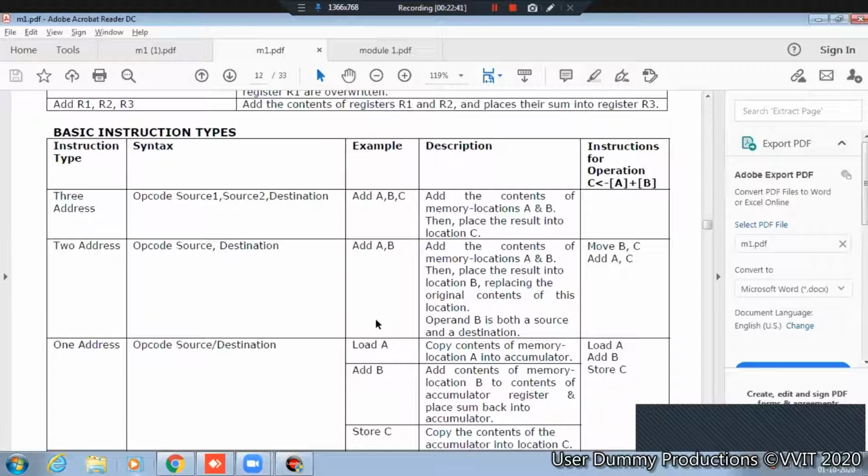Understood or not? There is something called an accumulator, like a register. If you're not mentioning anything, the accumulator is assumed. So it copies the content of memory location A into the accumulator. Add B. Now tell me, anyone?